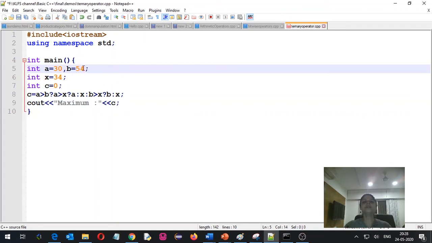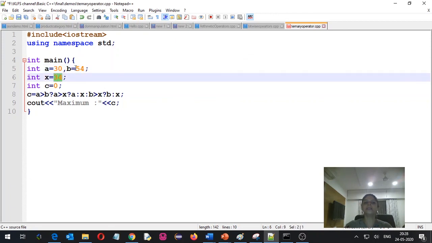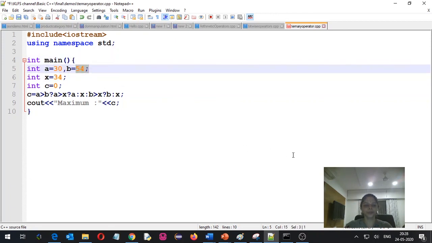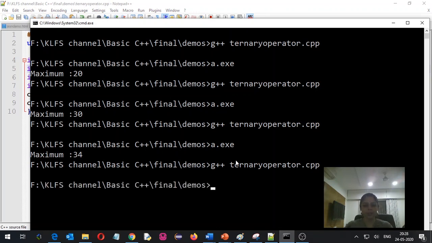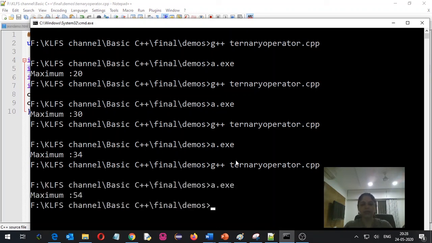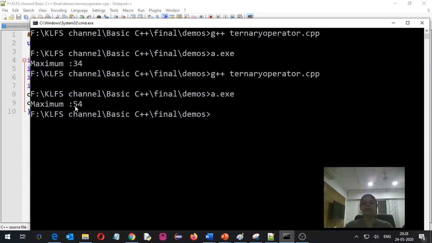Now if this is 54, then the answer should be 54, because now out of 30, 54 and 34, the maximum number is 54. So if I save this code and run it, I will have to recompile it because I have done modifications. Now if I say a.exe, it will give me the answer as 54.